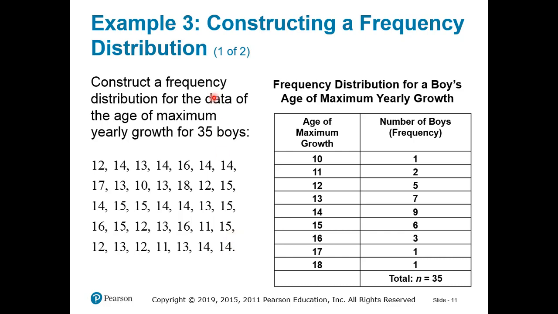Now, constructing a frequency distribution. A frequency distribution is just a table that involves all of the possible values in the sample and the frequencies of each observed value. In other words, how many times does a particular value show up in the data set? Okay, that's the frequency. So if we take these 35 boys,